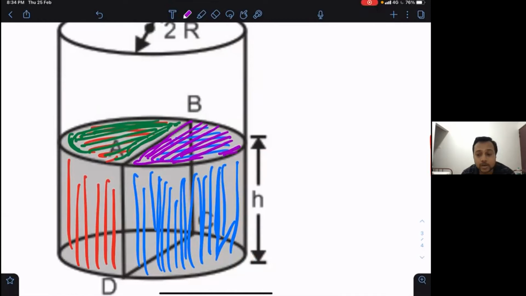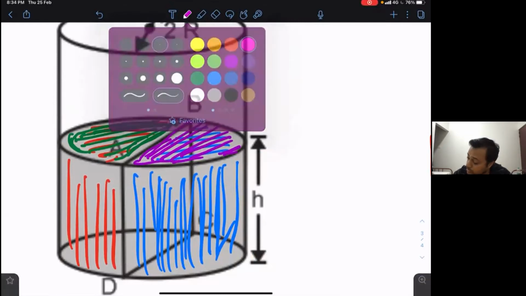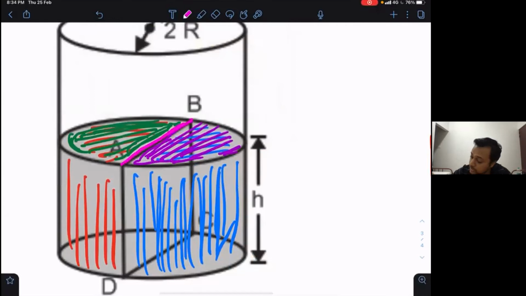These are the two parts of the surface, so they are pulling each other over the entire length in contact. Now what is the length in contact between them? The length in contact between them is this AB length, and this length AB is of length 2r. So over this entire 2r length of the surface, there is a surface tension force present between the two sides.